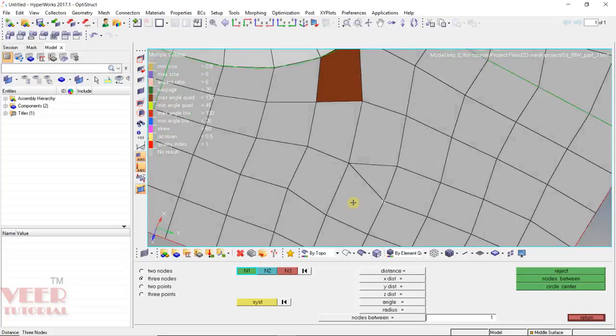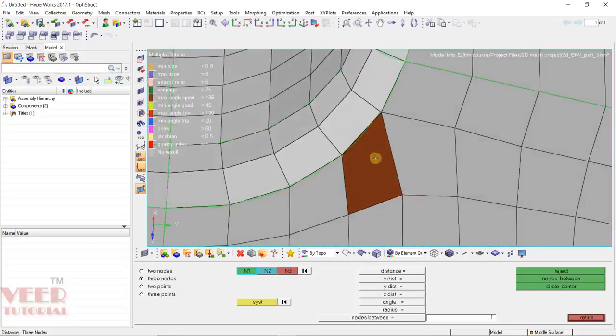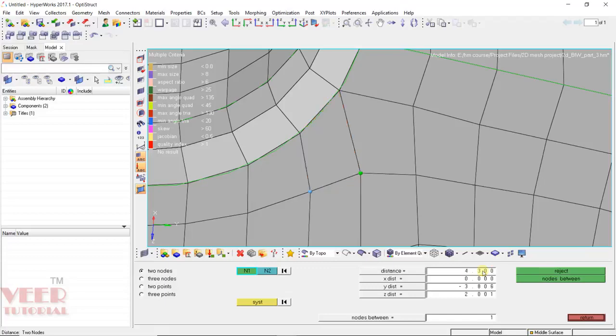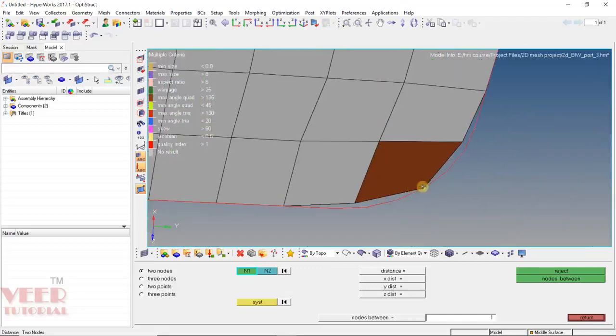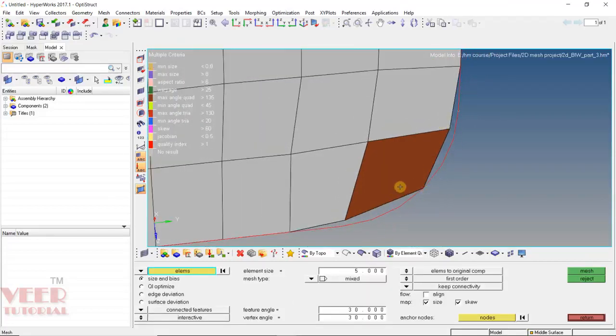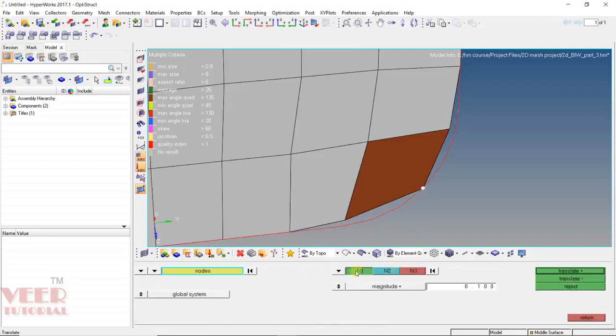Now here we can see this angle is failing in the maximum angle. So this is the angle that is maximum. If I check this value, this is 136. So what I do, I go to two nodes, select this line and let's say I reduce this to 4.5. So let's say this is 4.3. Here basically we have to move these 3 nodes. So I can also move this node some forward from this direction.